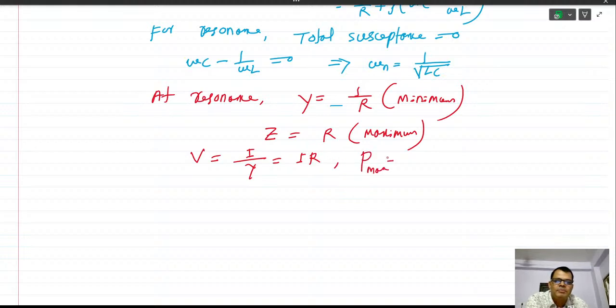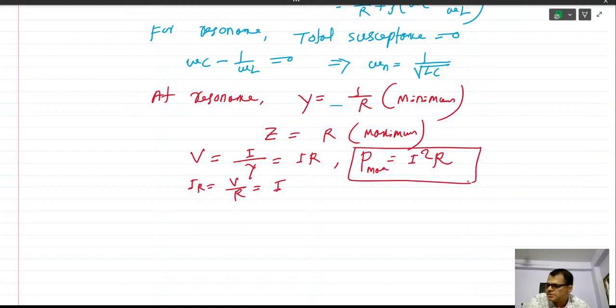P max equal to V square upon R, because this is the V, and the current through the resistor, that is your IR, is equal to V upon R, that is I. And P max is equal to IR square into R. This is the P max at resonance. Okay,